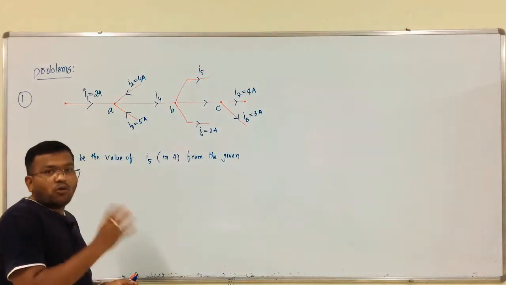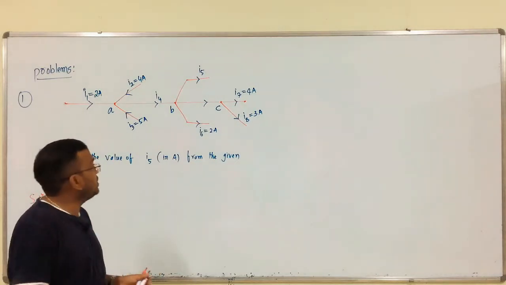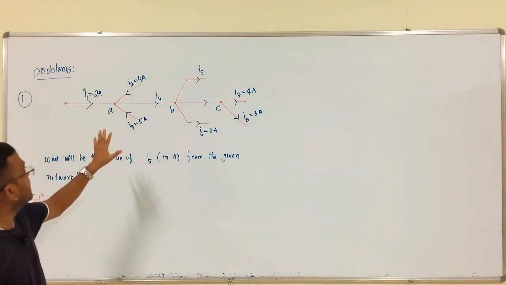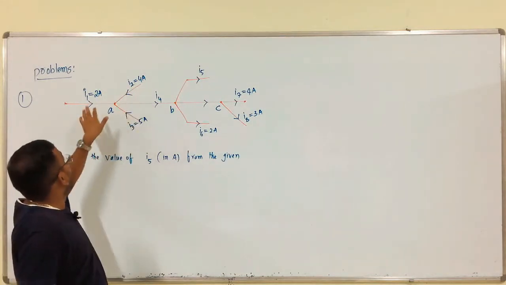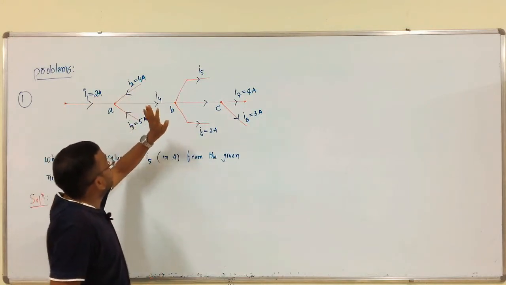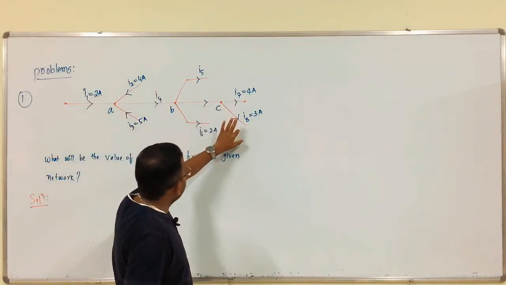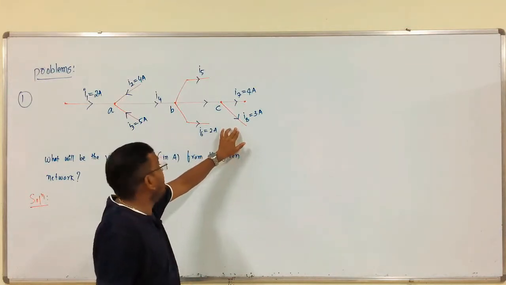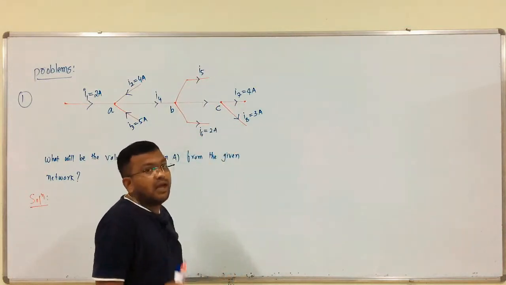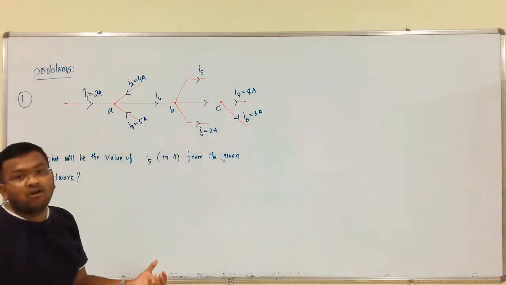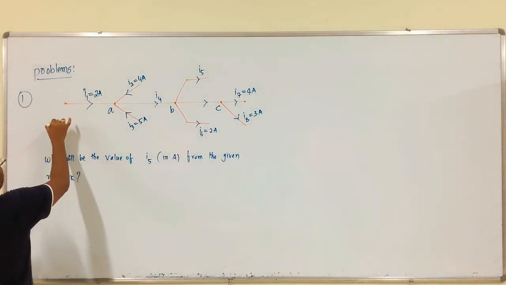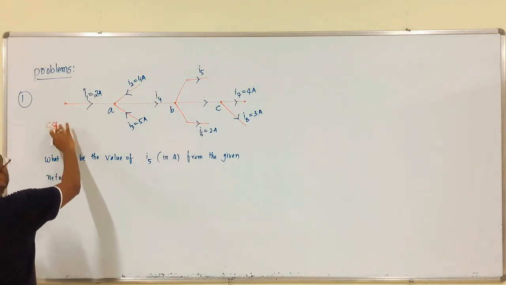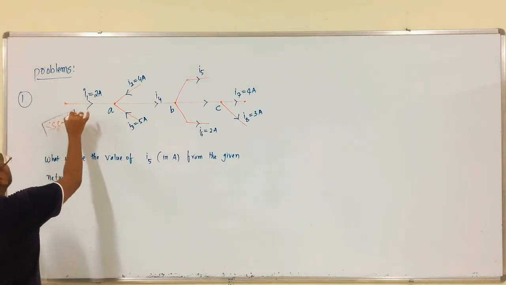Now we have to start the problems based on KCL. So this is the first problem. From this network we have to calculate the value of the current I5. I1, I2, I3, I4, I6, I7, I8 and different values of currents are given, but we do not know the value of I5. We have to calculate it by using the KCL concept. This is a previously occurred SSC JE question.